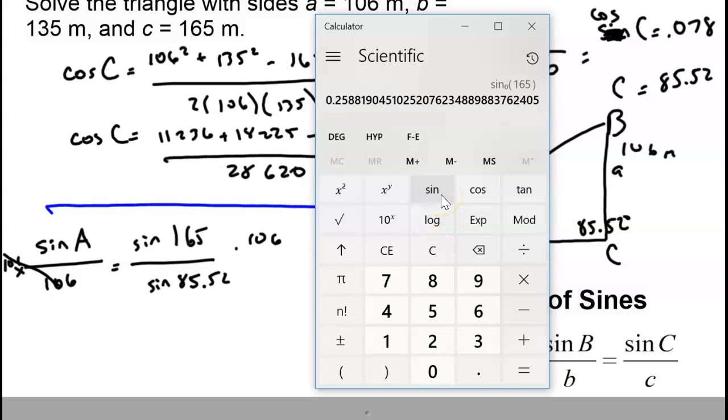And remember, we're doing sine now, times 106 divided by sine of 85.52, and that will give us